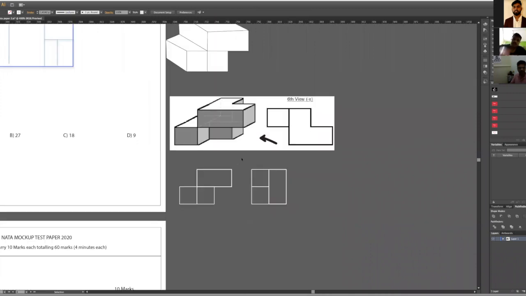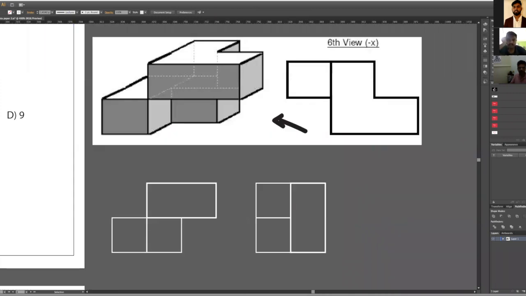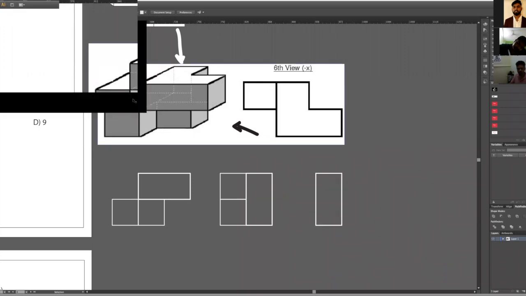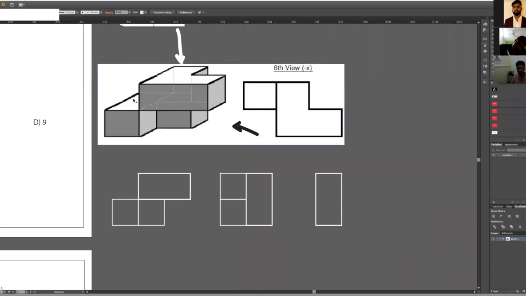Now, let's make the top view of it. From the top view, we will be able to see this surface, which is again a combination of two cubes. Then again, due to this elevation, we will be having another line out of it.